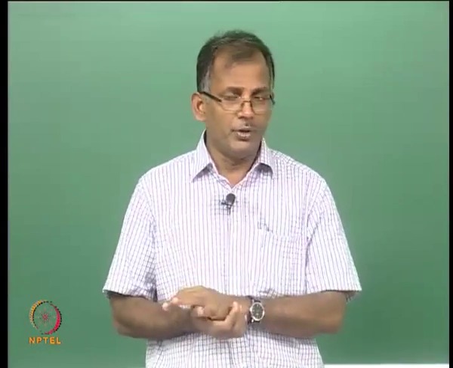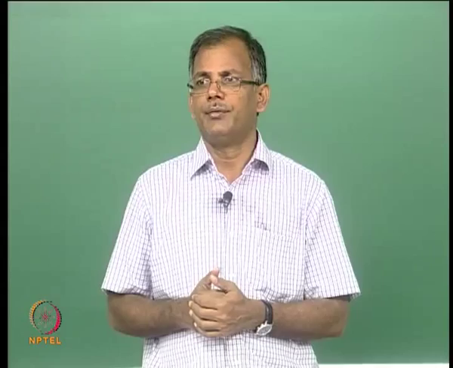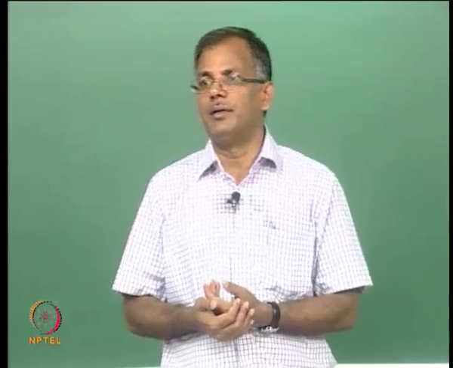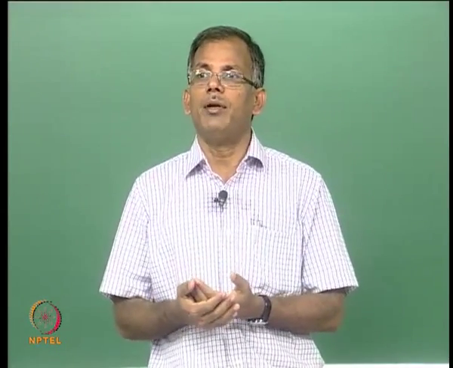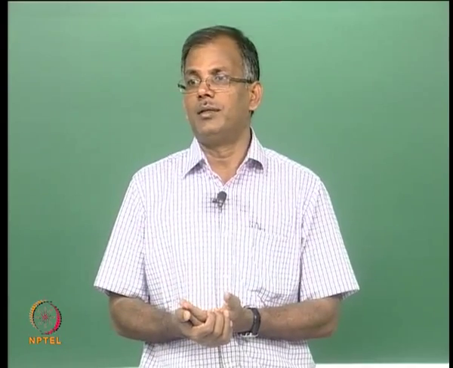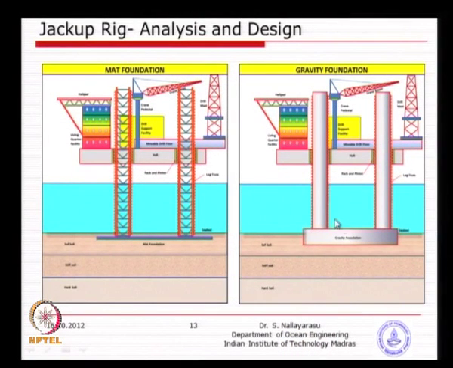But I think a few jackups with ballast are available in the North Sea, in about 100 meters range, where the soil conditions are not allowing the usual jackups to be used. For example, if the soil is very hard, the Spudcan will not penetrate. If the Spudcan does not penetrate, what will happen? The jackup will not be stable for overturning and sliding, because it does not have enough fixity into the ground. Of course, it will have nice bearing capacity vertically, but it will not be very good against sliding and overturning. That is why you have to come up with an alternative design, but very few of them are used.